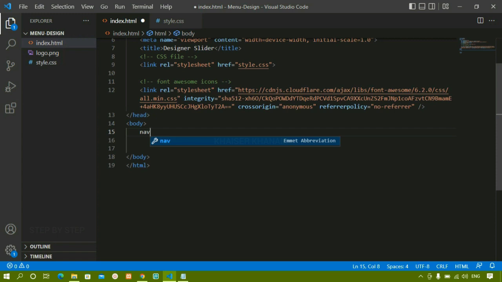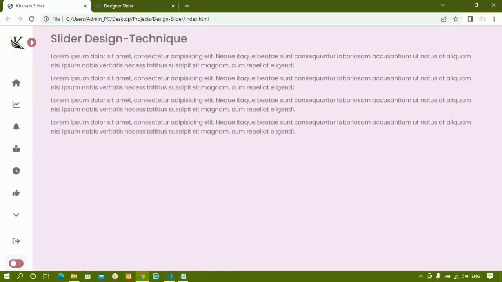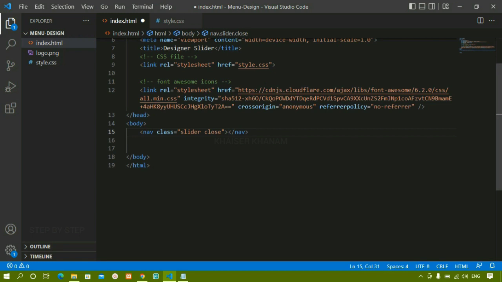Okay, now for this navbar, I'm just going to give the class name as slider, and also I'm just going to give the close, because here I am having this arrow mark. When I click on this, it will open, and again when I click on this, it is going to close. So for that, I'm just going to give one more class. Now inside this navbar, I'm just going to create two sections. First will be my header,